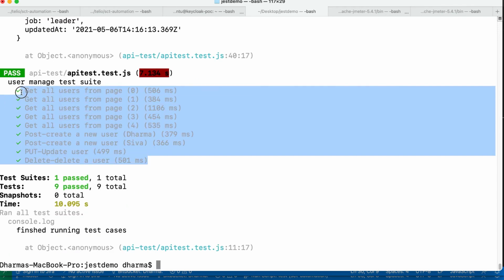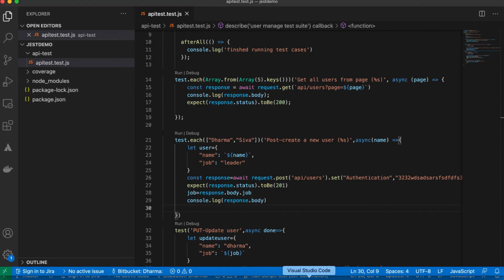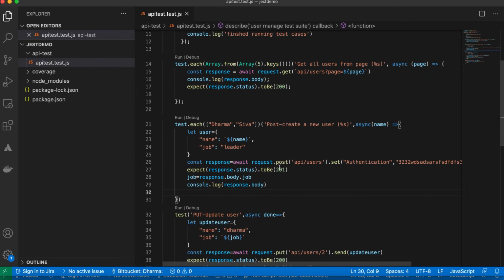Put and delete. So this is how we can make our test case more efficient, or we can cover the positive case, negative case. Here there is an option, you can make the response code also dynamic, something like create an array inside an array.